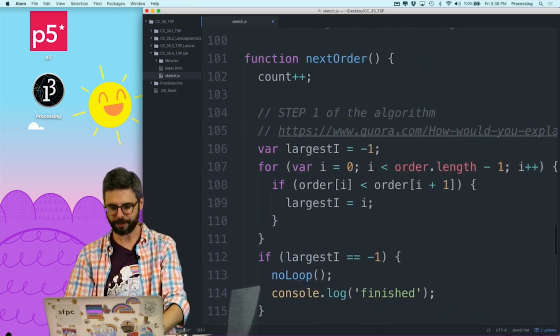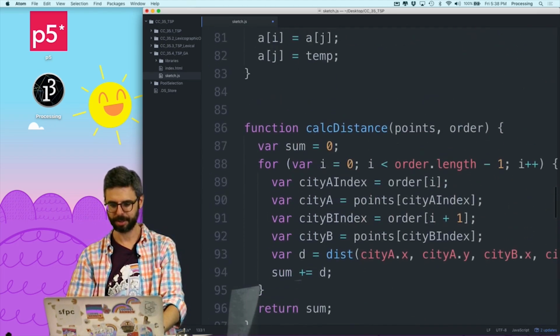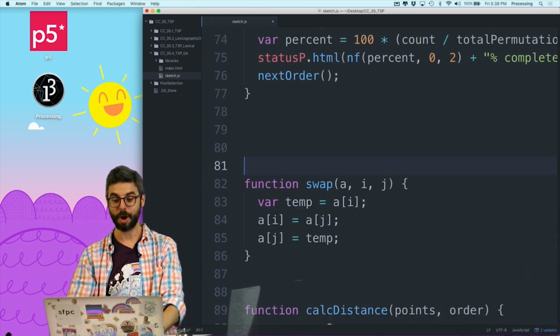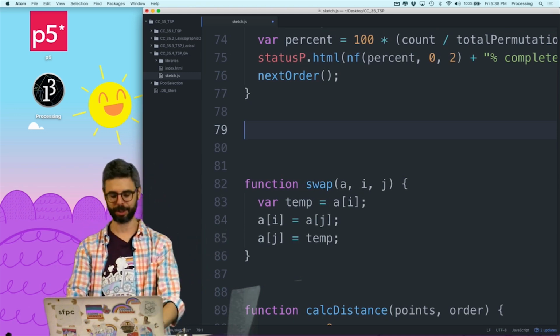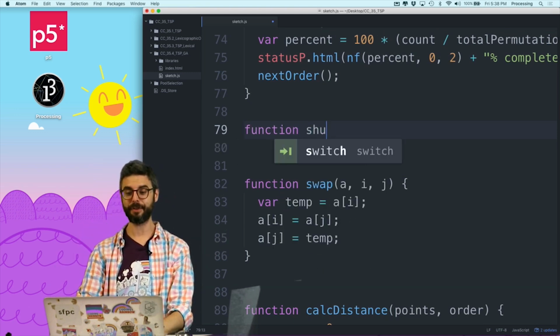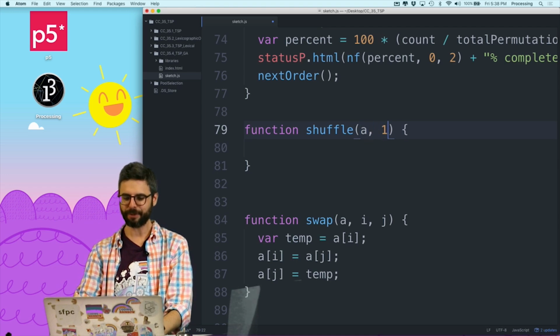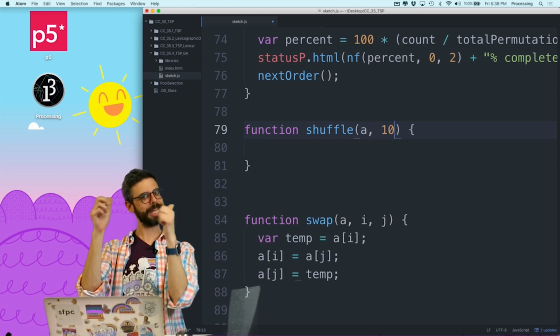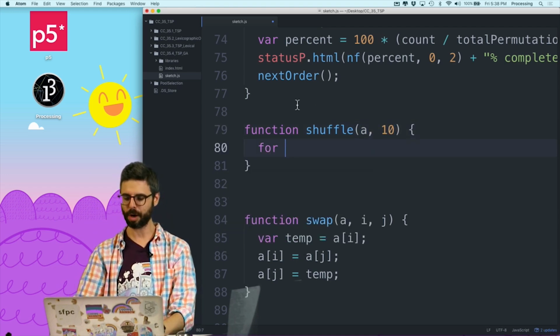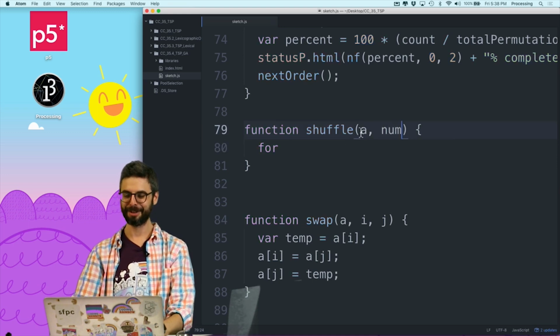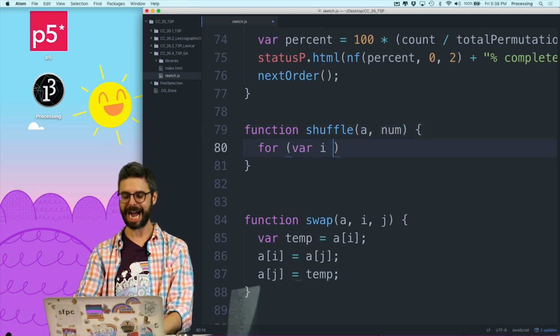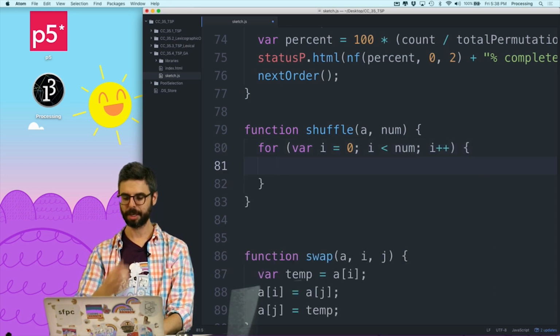I'm looking for the swap function. Where is the swap? Here it is. So I'm going to make use of this swap function. My shuffle function is going to receive an array, and why don't we give it a number? Shuffle 10 times, like shuffle the deck 10 times. So this is num. For var i equals 0, i is less than num, i plus plus,